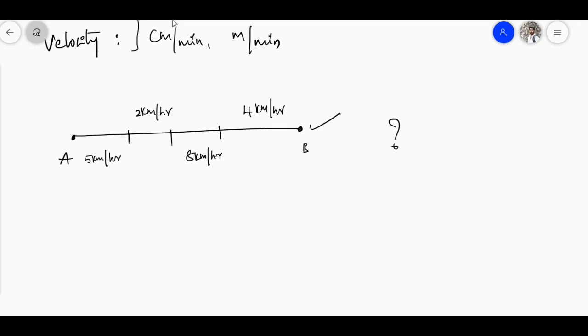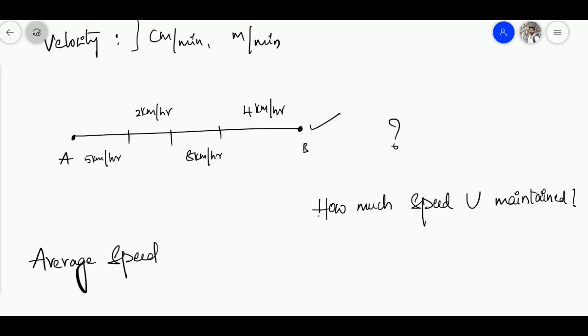After reaching B, let's say it's your home, and your mom would ask how much speed you maintained. And you don't want to tell the whole story. Amma, I started with 5 km per hour and then I got tired and 2 km per hour and I ate something. No. You don't need to explain all the things. She asked simply what is the speed you maintained. You have to give a short, to-the-point answer. But you maintained different speeds in your journey. So that's where